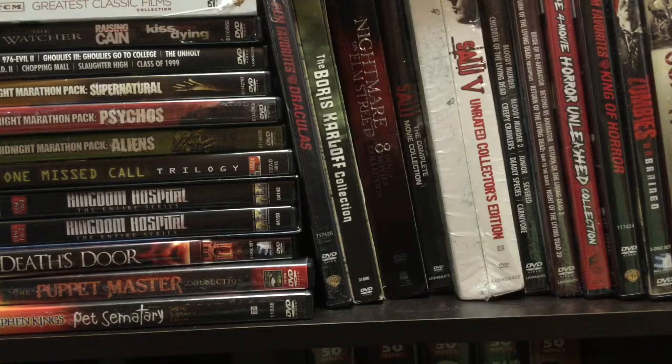Bluebeard with John Carradine, The Corpse Vanishes, Bela Lugosi, Creature from the Haunted Sea, Dementia 13, Giant Gila Monster, The Gorilla, The Hunchback of Notre Dame with Lon Chaney Sr., Indestructible Man, Lon Chaney Jr., The Invisible Ghost with Bela Lugosi, King of the Zombies, The Last Man on Earth again, Vincent Price, I hit that on another one, The Little Shop of Horrors with Jack Nicholson,